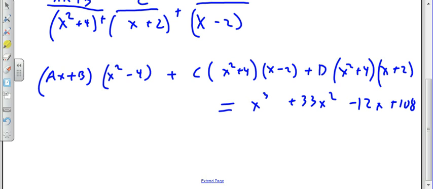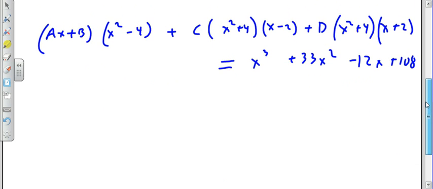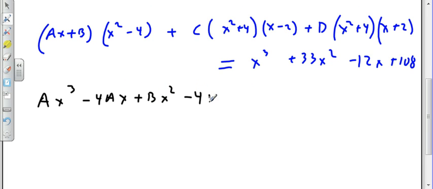Oh, I don't think I can solve it in this calculator. All right, so I won't try. All right, so back to what we're doing. So I've got ax cubed minus 4ax plus bx squared minus 4b